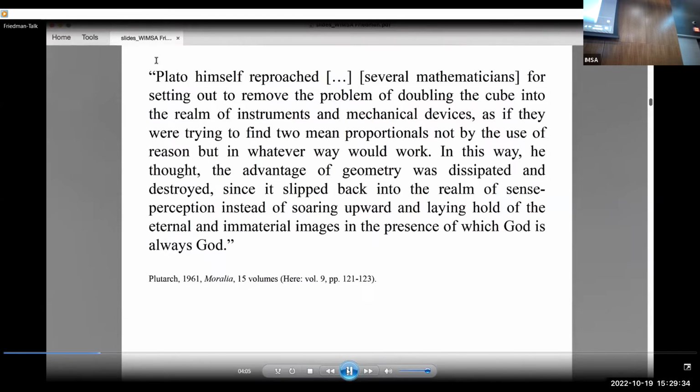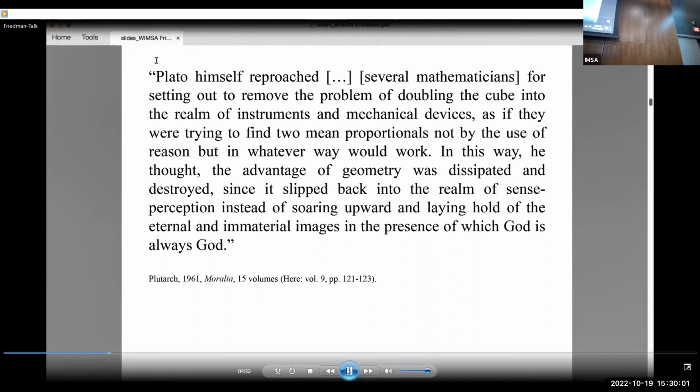In this way, the advantage of geometry was dissipated and destroyed, since it slipped back into the realm of sense perception instead of soaring up and laying hold of the eternal and immaterial images in the presence of which God is always God. Well, if we ignore for a moment the passionate call at the end of the citation to abandon sense perception in order to reach the realm of God,